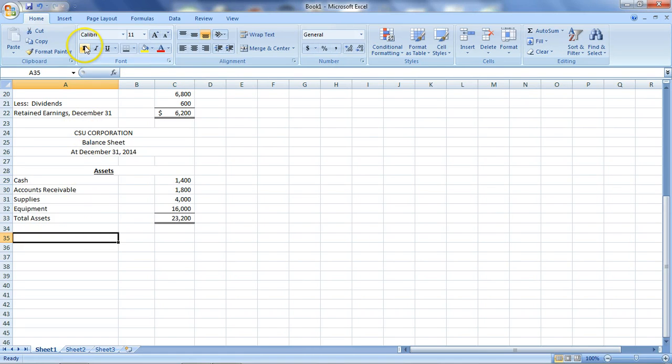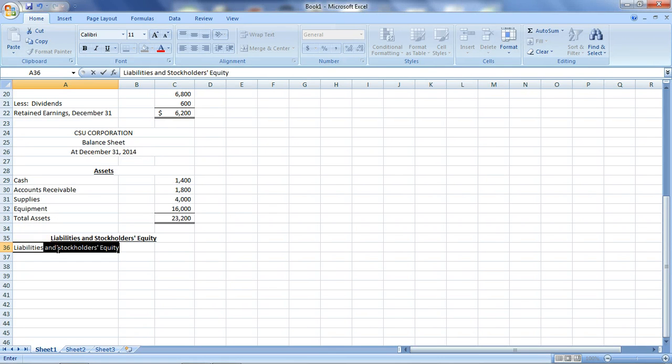Okay, liabilities. I'm going to go ahead and do bold and underscore. Liabilities. Then click, drag it, liabilities and stockholders' equity. Then we'll click, drag it across, merge and center, and we're ready to go. Okay, so we have 2 subheadings now. We'll have liabilities,